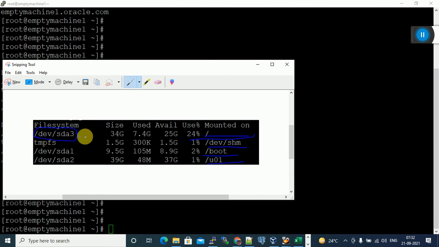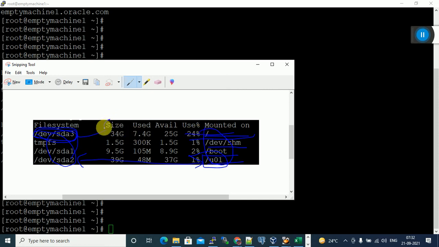Don't bother about these names, but we have to understand that for the root mount point the system defined this name. For slash user1, we gave the mount point name, and for this the system-defined default name is slash dev slash sda2. If you create another mount point, slash user2, the system will give slash dev slash sda3 or slash dev slash sda4. Like this the system defines the backend names and assigns them. We only give the mount point names.